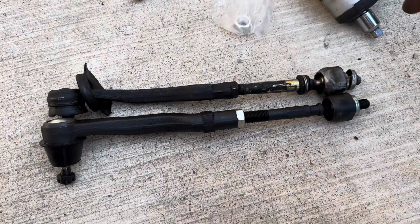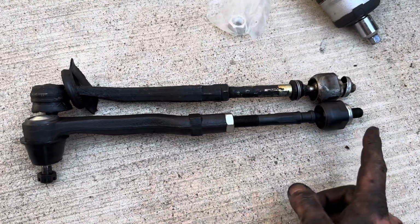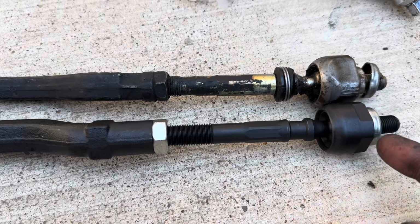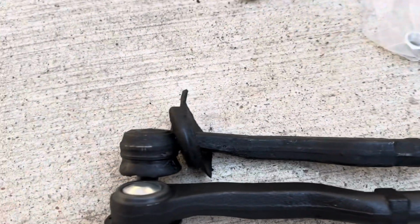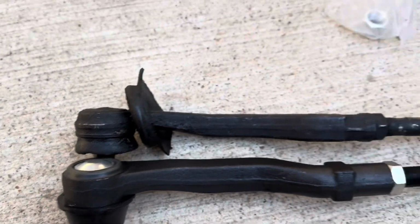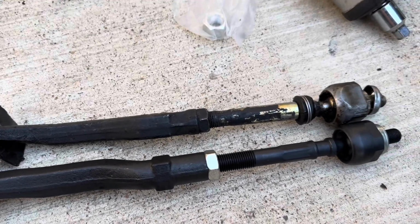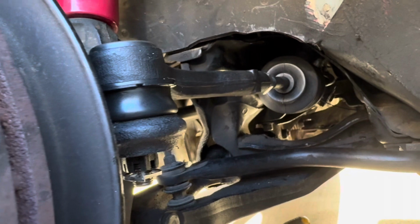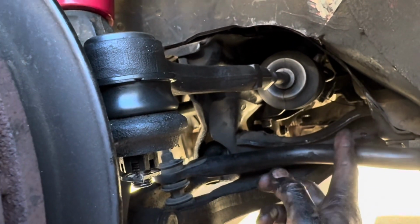All right, so here is the old one out. Here's our new setup. And like I said, we went ahead and we just lined everything up with how it's gonna sit. It's edge to edge, so it should be good to go when we put it in until we get alignment. All right, so after you have it all measured, you can put it back in as one